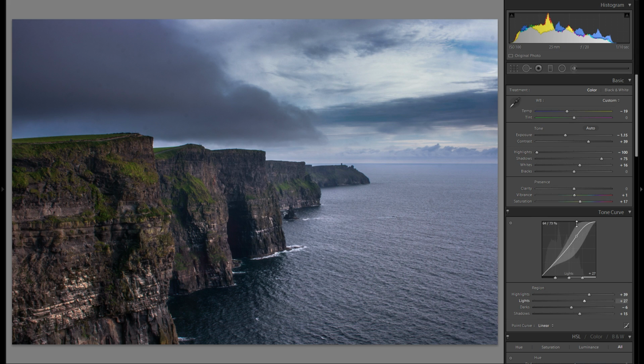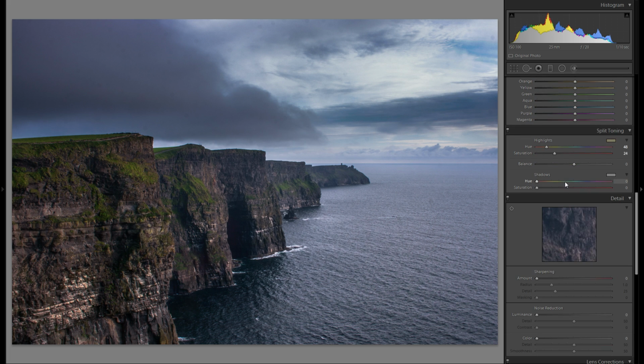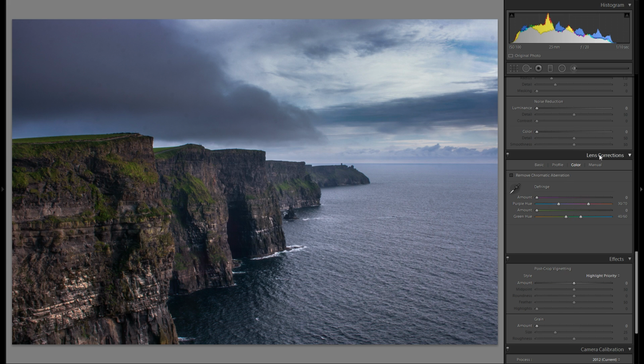And I think I'm pretty much done with the global adjustments. Let me think. You know, there are a lot of tools that you could use but have a very small impact, so I'm just gonna leave that out for this tutorial to keep the video as short as possible. Lens correction is always a thing that I like to do, is click on remove chromatic aberration